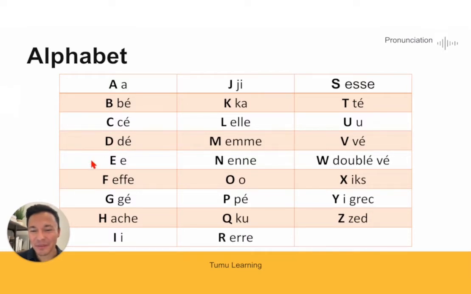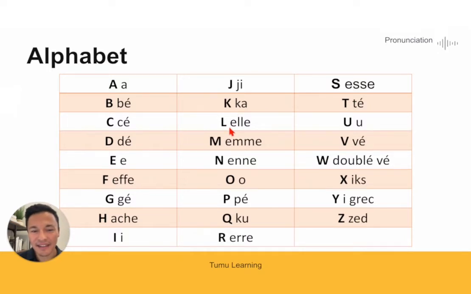Let's continue. E, E. So, to make this sound, we round up our lips. E. And then we have F, G, G, H, H, I, I, J, K,